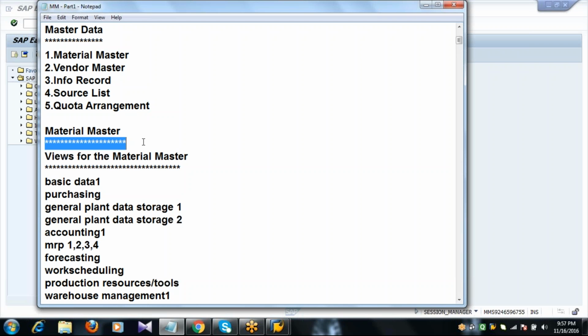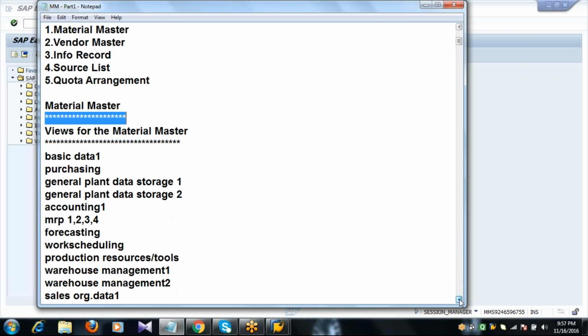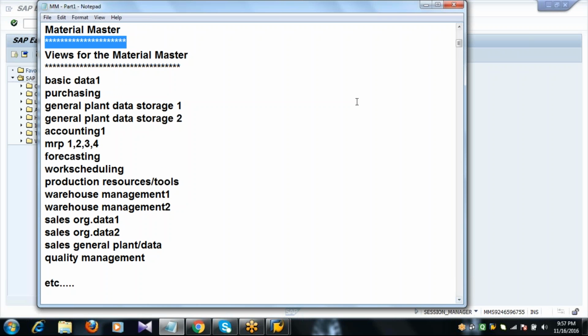So we'll discuss one by one. So first one is material master. When you take any organization, the company is going to use different types of materials: raw material, finished material, semi-finished material, trading materials, service materials, consumable materials, low value materials, high value materials, spare parts.